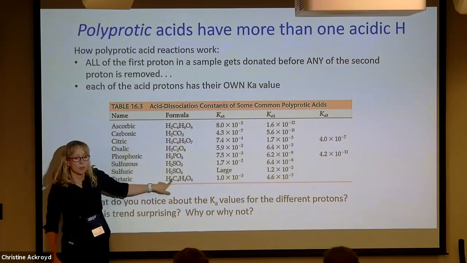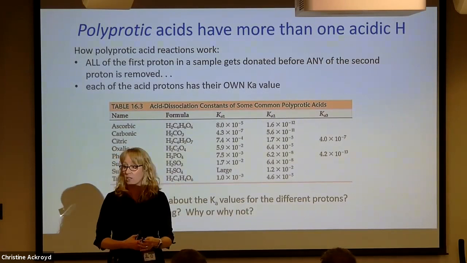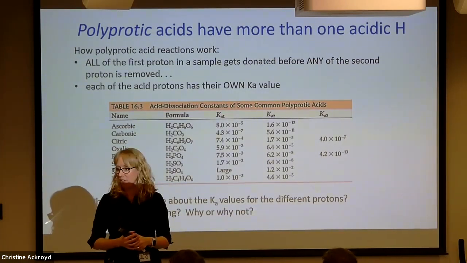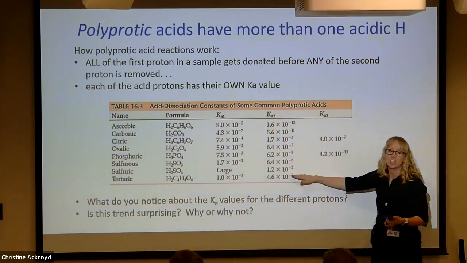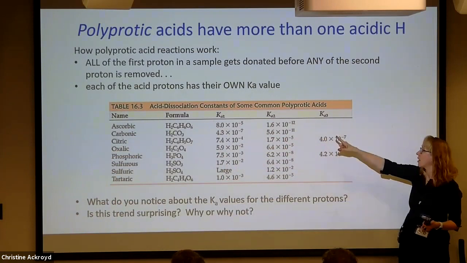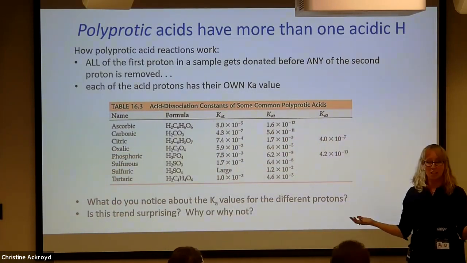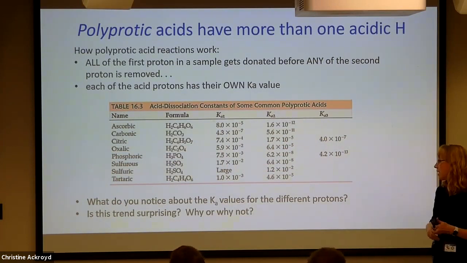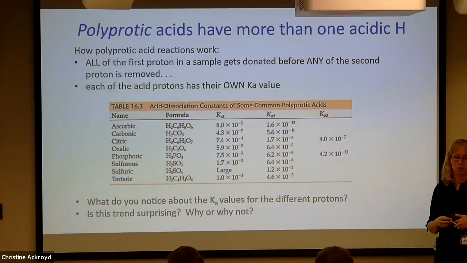Even though these protons are chemically equivalent when the reaction starts, you pull one off, and the next one is harder to pull off. Have a different equilibrium constant for each subsequent proton. Call them Ka1, Ka2, Ka3. Obviously, which K value corresponds to the first one pulled off? K1. Yeah. Okay. What happens to the magnitude of Ka2?